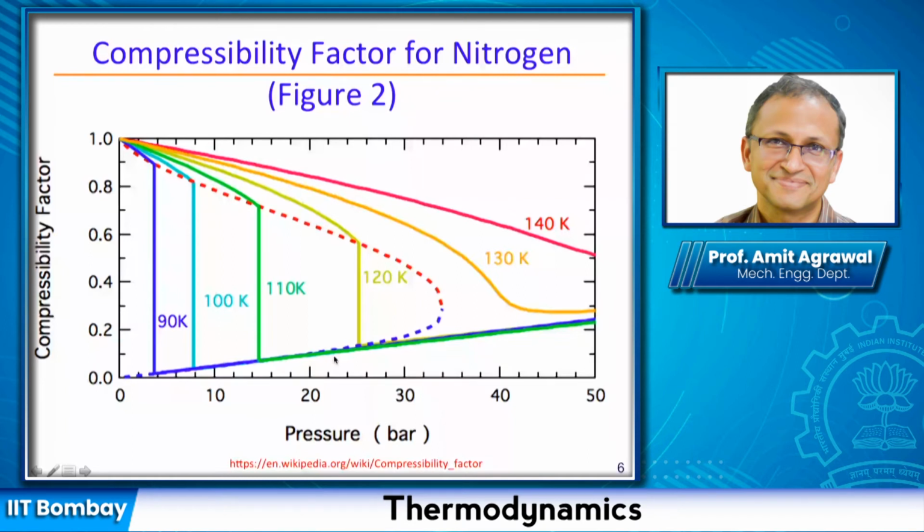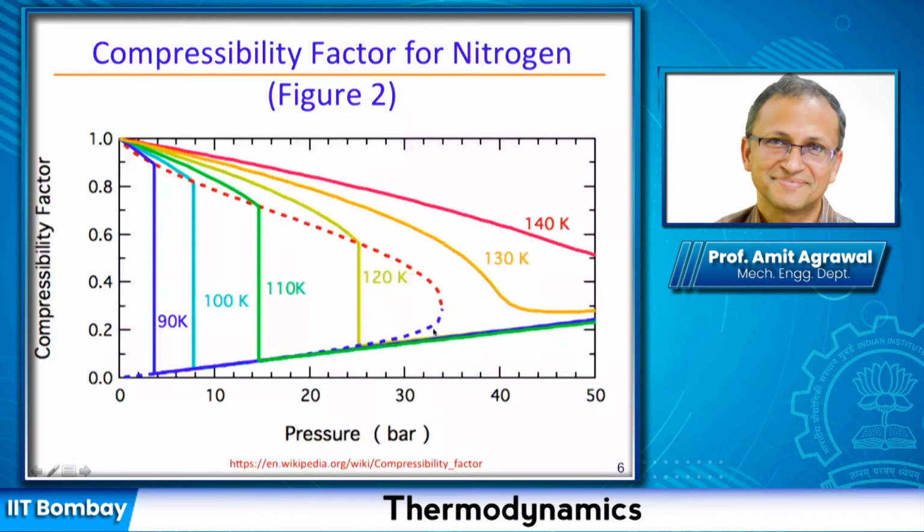So you can see that the actual volume that I would have in my liquid region is not going to be very different. The ideal gas law will give me a certain volume, assuming that I do not know what, so I have just blindly used the ideal gas law. I have gotten one value of specific volume from the ideal gas law, whereas the actual volume that I'm getting in the liquid region is not a strong function of pressure and temperature. Therefore, all these curves tend to essentially lie on each other. This is what is happening in the liquid region, so my compressibility value essentially takes more or less the same value. So this is my liquid region.